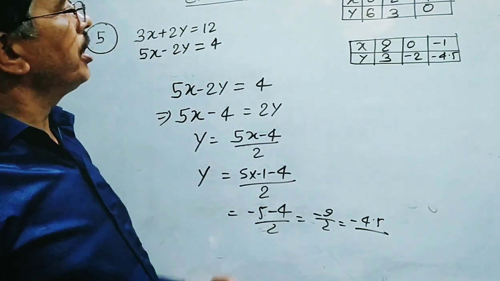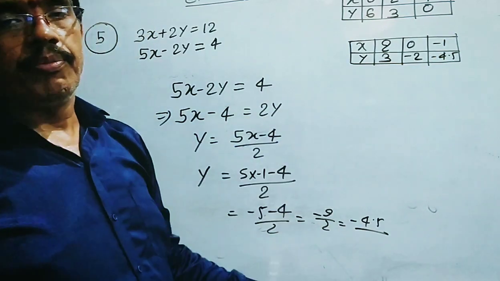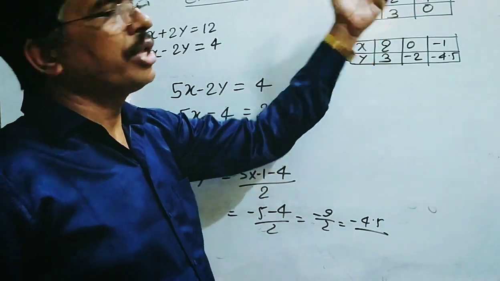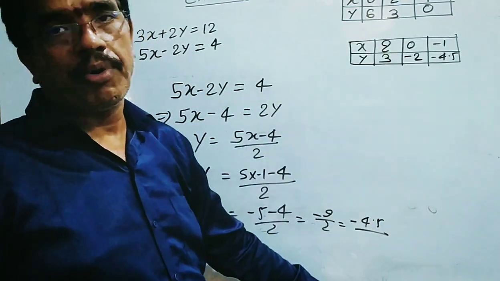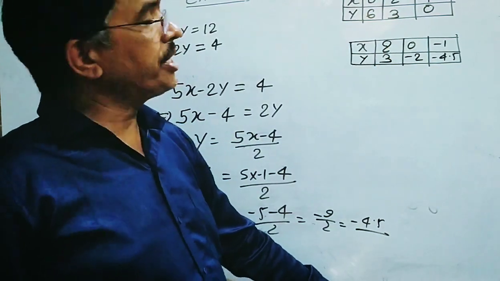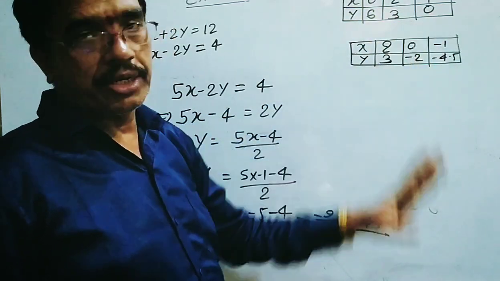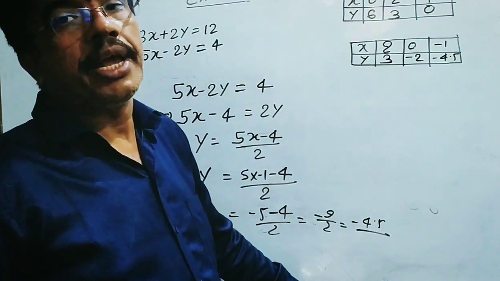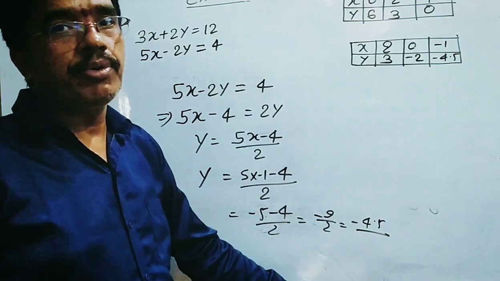Dear friends, now you may think about how I chose the values 0, 2, 4 and 0, 2, minus 1. By yourself, you can choose any number: 1, 2, 3, 4, 5, 6, no problem. Only your question is given in the point form. So write any number, and then you can solve the graph. Never think about why we write 0 to 4 here and 2, 0, minus 1 there. You are free to put in the value of x as you like, and then with the help of the value of x, you can find the value of y.